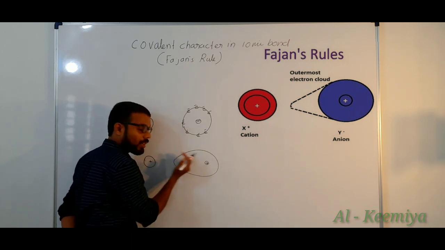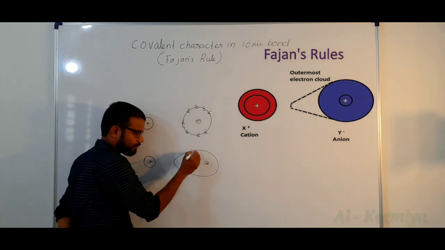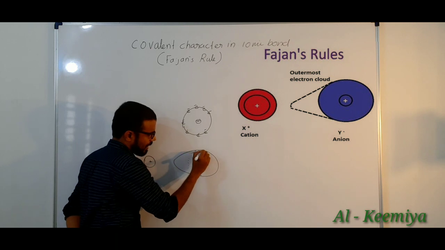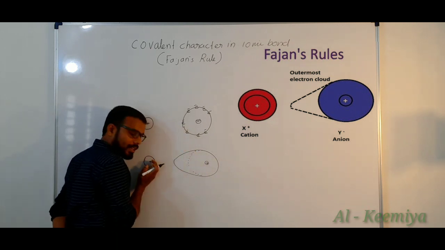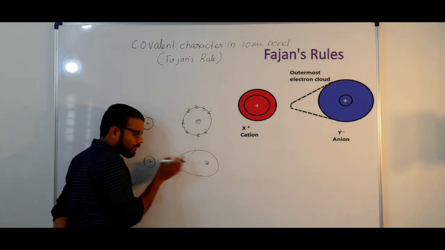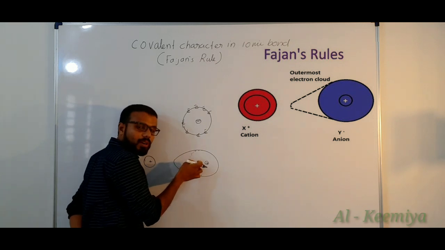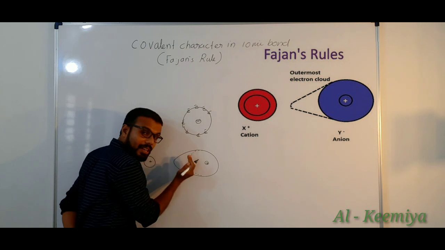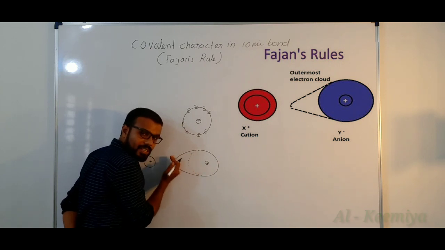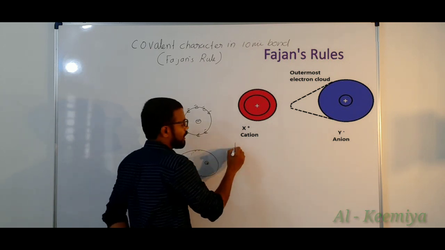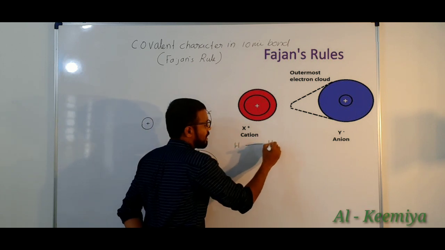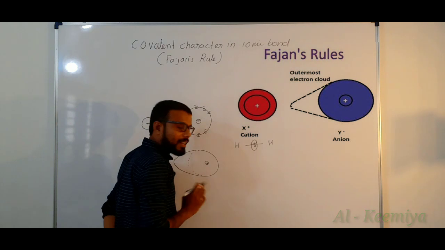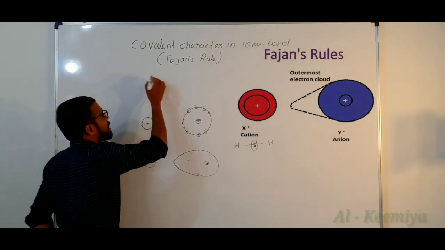That is, the electron cloud will shift towards what? Actually, it was spherical, but it is shifting towards the cation. So the distortion of the electronic cloud happens in the anion. That means the electron is shifting to the center. Actually, in a covalent bond, we know that suppose if it is hydrogen, the shared pair of electrons remains at the center. But in ionic bond, one complete, for example, in NaCl